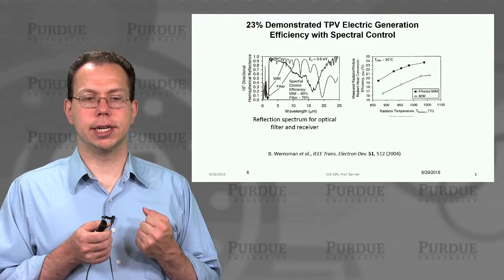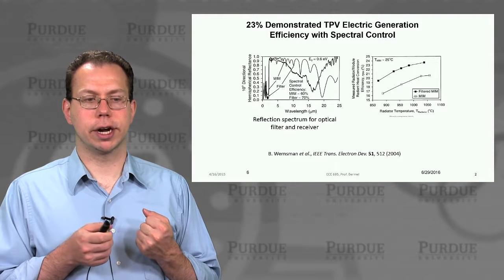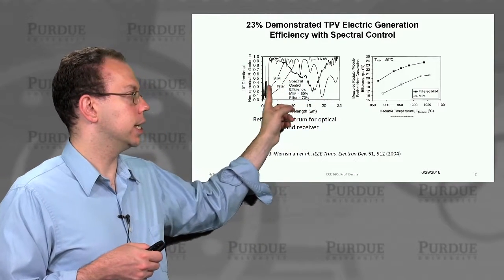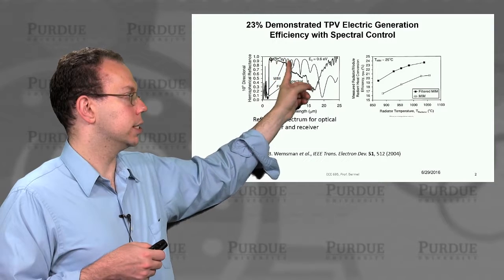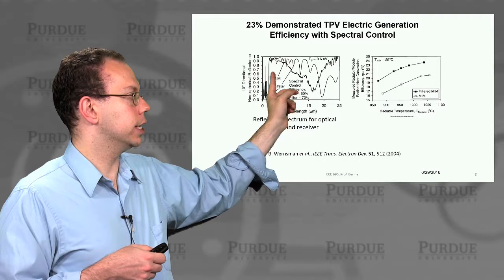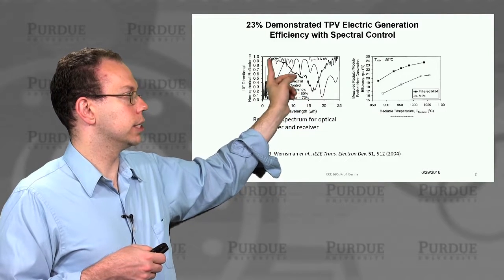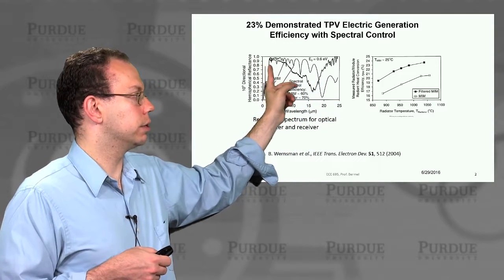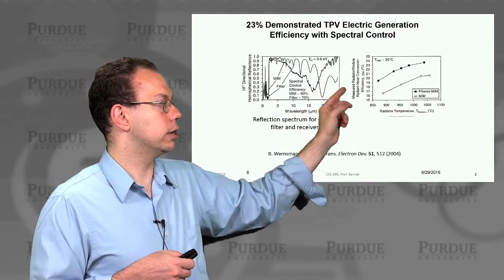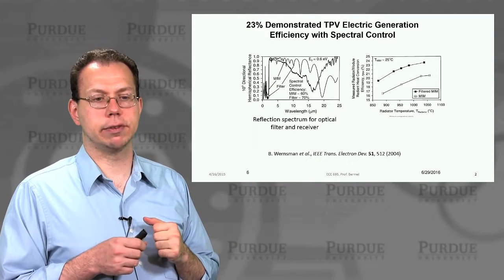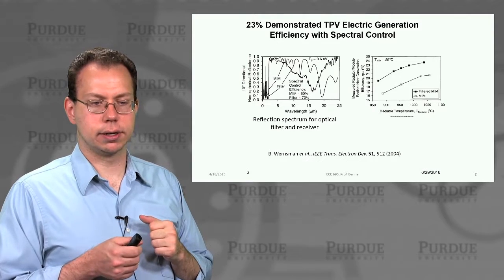So first of all, we need validation of our experiment that was the world record. And so here is basically showing, first of all, what is the spectral performance as a function of wavelength over a very broad range of wavelengths. You can actually see that there is a filter which is superimposed on the system, which actually reflects all the way from about 2.5 microns all the way out to about 16 microns. That allows us to recycle a very broad range of wavelengths back to the emitter cell.